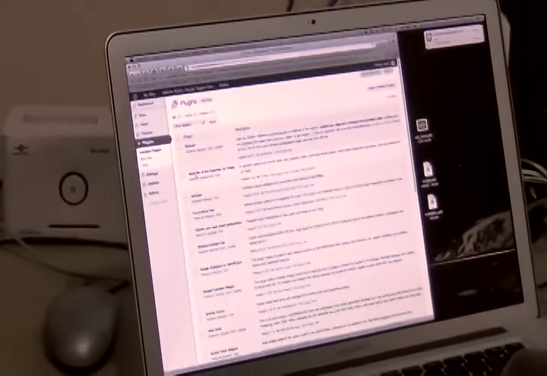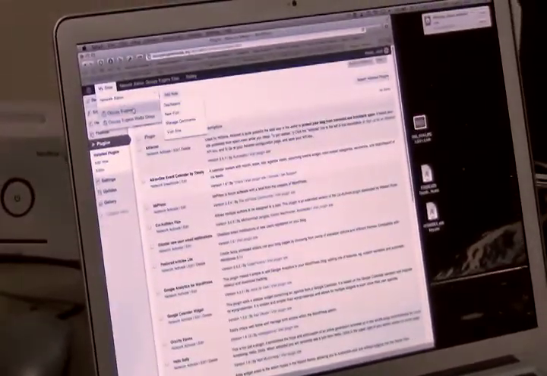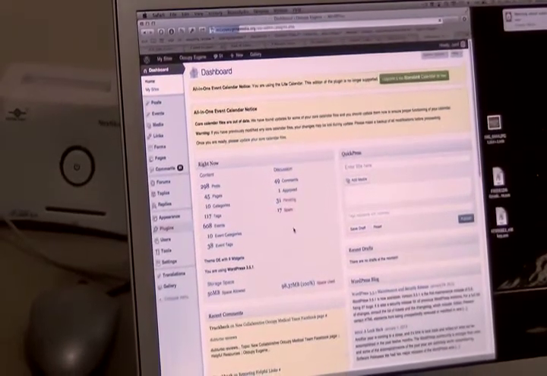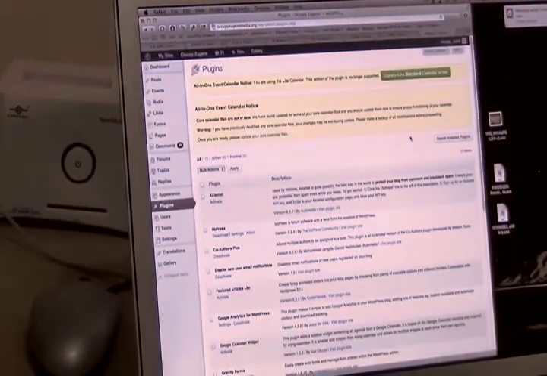So anyway, those will stay activated by default. Once they're network activated, you can't even see them in the regular dashboard of a site, because it assumes that you don't want the users to be able to mess with it, and it wouldn't let them mess with it anyway. But if I go to plugins here, those ones that I just mentioned,